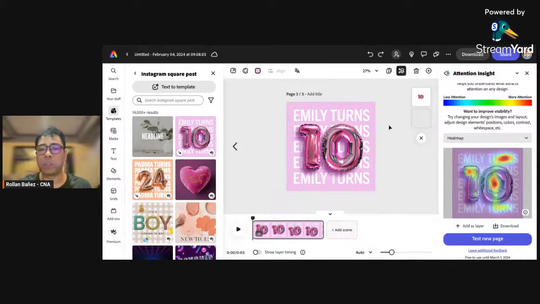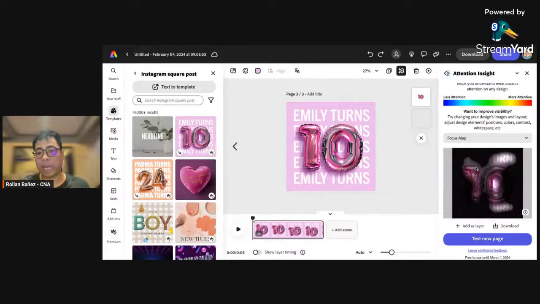In my example, this portion is grabbing more attention. Also this one, and it will also give you a focus map